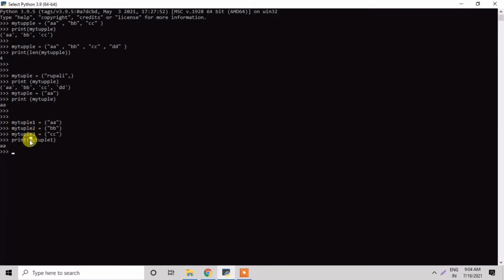The answer is A, because I printed the first one. Next, if I have to print the third one, I will use the print function and write the variable name my tuple 3. It will print the third tuple value, that is the answer C.